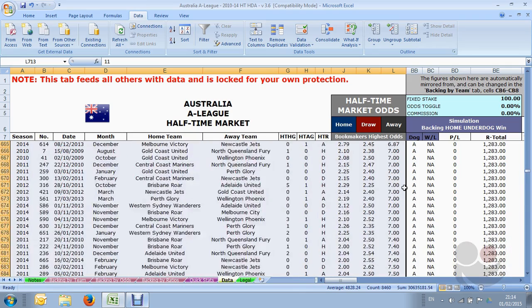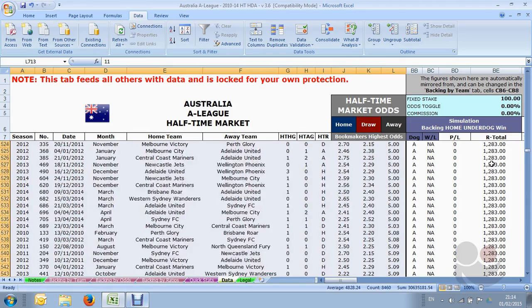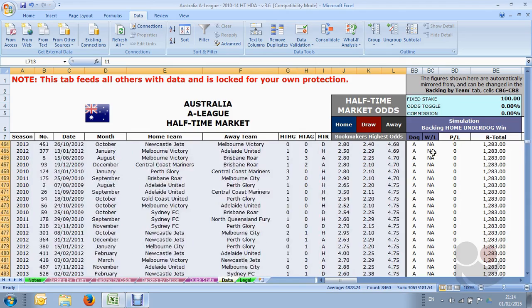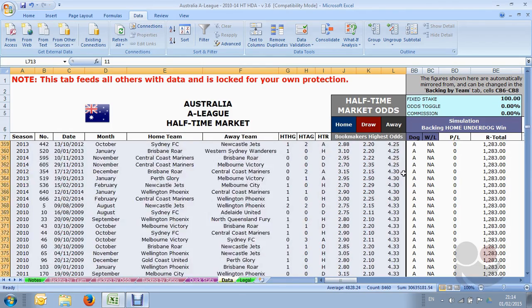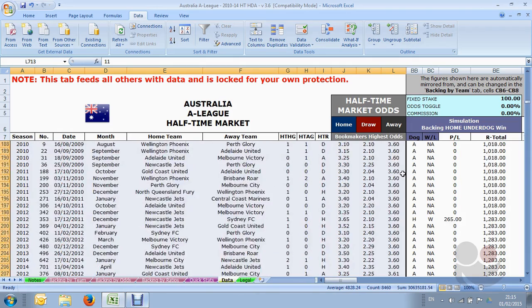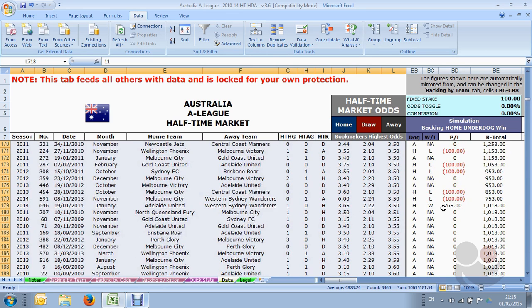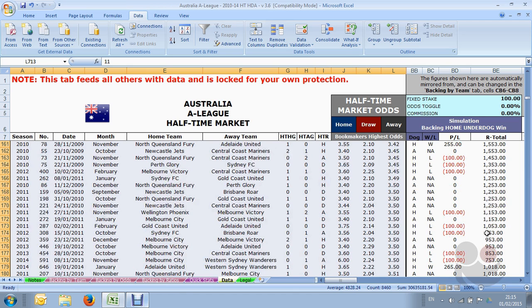So I'm just scrolling up until we get a change in the 1283 figure, because obviously the underdog being away is not applicable to this particular system, and we're going to get pretty close to equal odds before we find the profits in this system. There's one rogue entry there, but this is where it really starts. So we're looking for something a little bit higher,